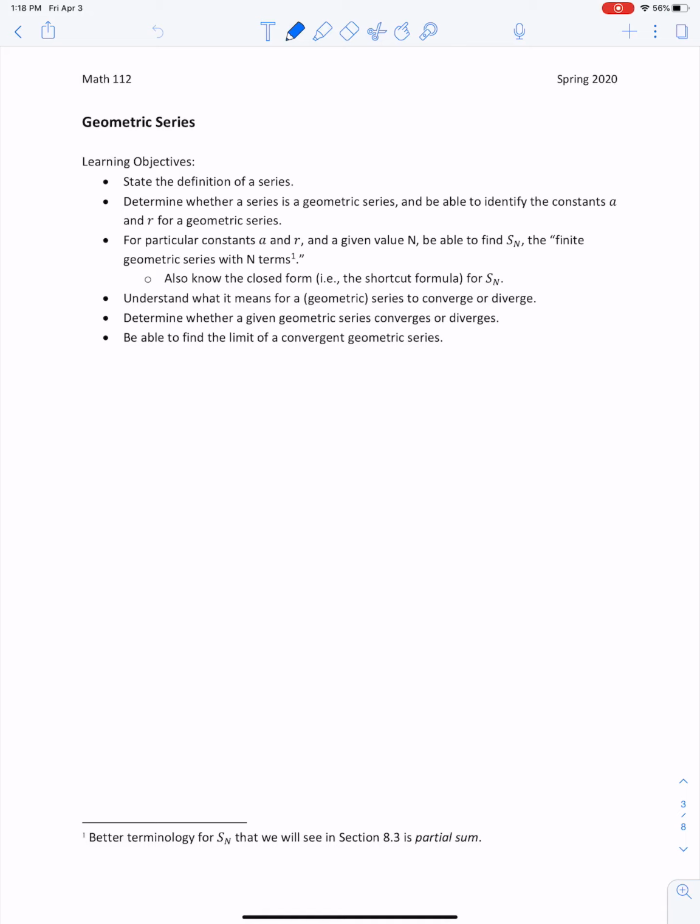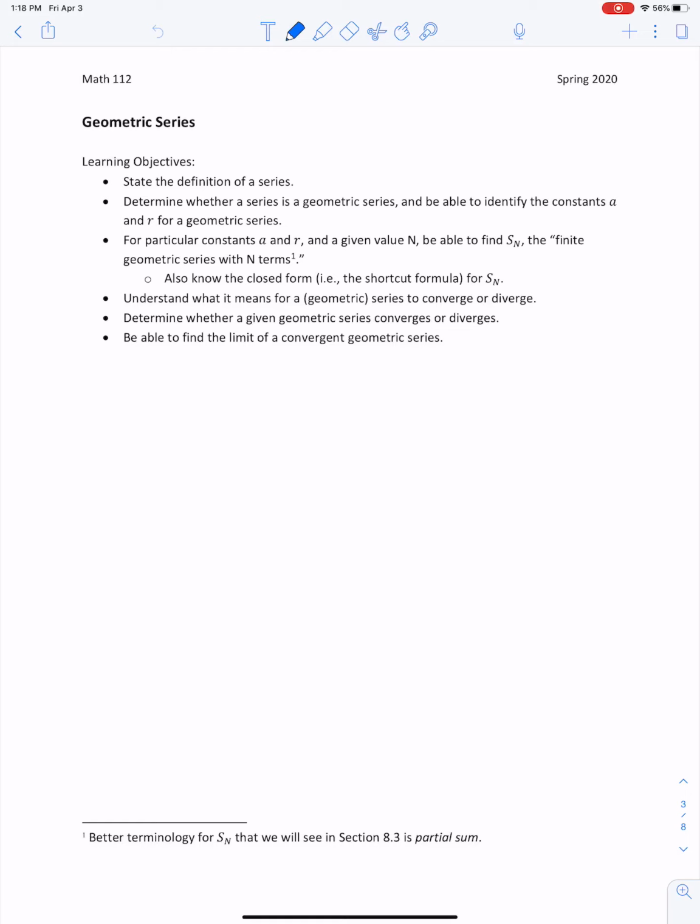Today we'll be discussing geometric series, and I am going to be assuming that at the start of this you have already completed the preview activity 8.1.1 for the section on geometric series. So in that preview activity, you examined the level of warfarin in a patient's bloodstream, and you found a formula